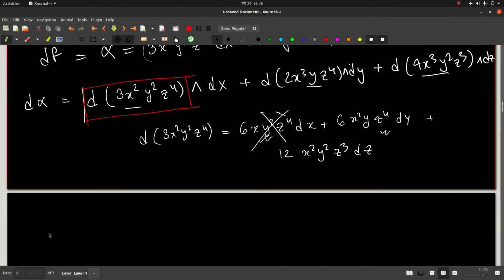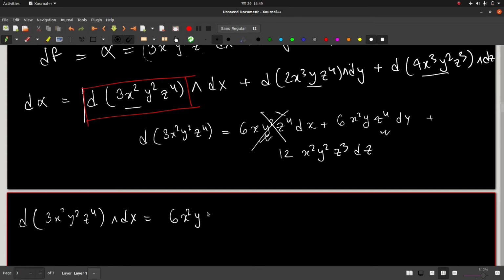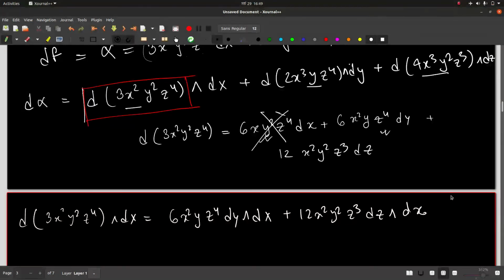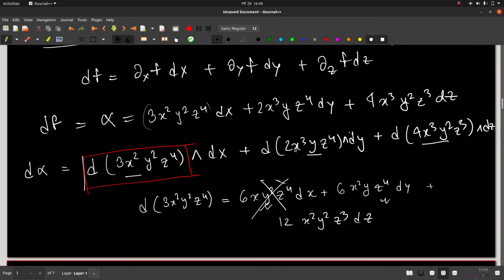So this expression will yield the following result. This will be 6x square y z to the power 4 dy wedged with dx, and then you have this 12x square y square z cube dz wedged with dx, like this. Now for this term,